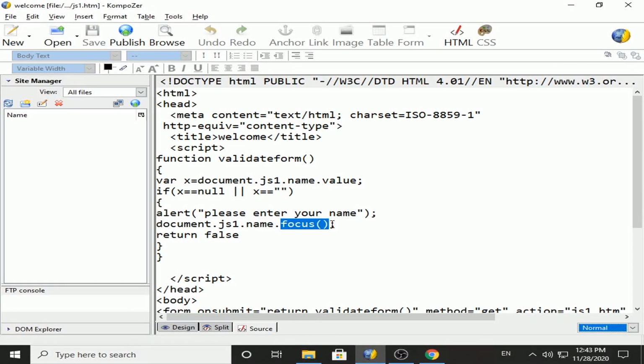All this we specify between script and slash script. So in my next video I will explain this script in detail, but before that you must be very clear about the variable concept and the if condition. If required, you can watch this video again and again.